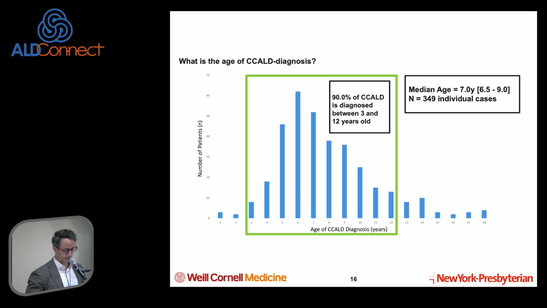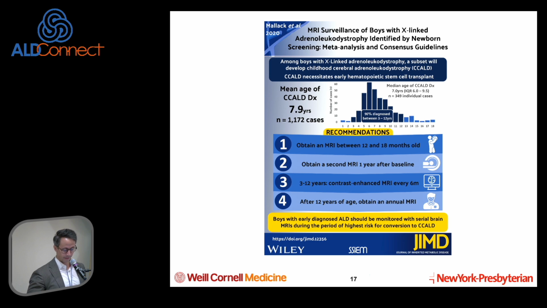which then led to the development of these surveillance guidelines, which recommend getting a scan somewhere between the age of 1 and 2, 2 and 3, but really between the age of 3 and 12, getting an MRI scan every 6 months. There's a lot that goes into something like this, considerations around whether or not you administer contrast, how often you have to sedate the patient, things like that, and the details of which are difficult to